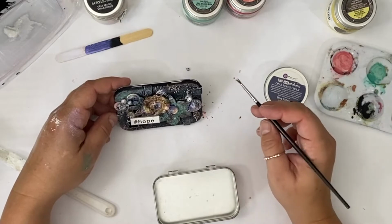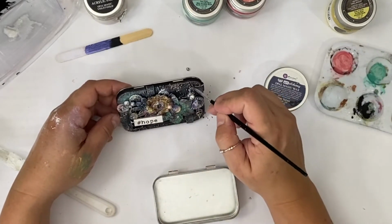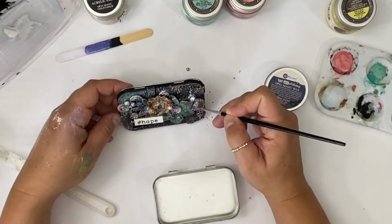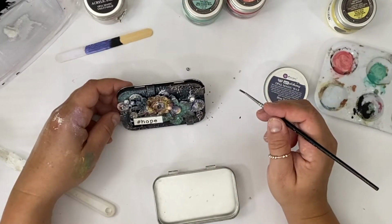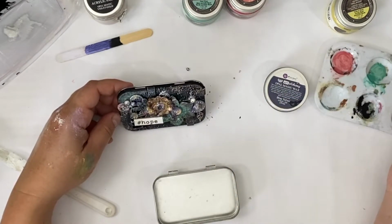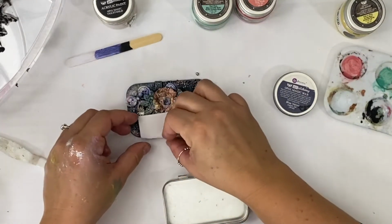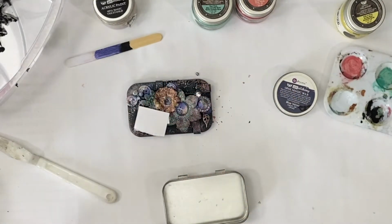So I'm just going back in with a little bit more of the paint. I don't want to do a whole lot, but, you know, I'm trying not to overdo it. But, of course, when you're working on mixed media, sometimes it just never feels like you're finished. You could always add something, a little bit more color. But I finally decided that I was almost done, so I put a little bit of scrap paper over